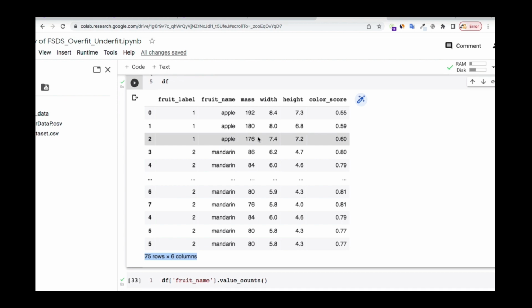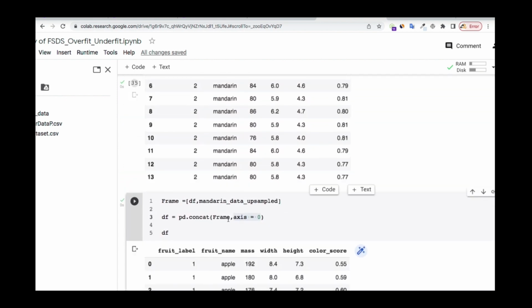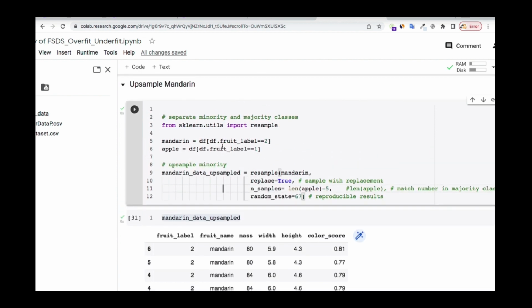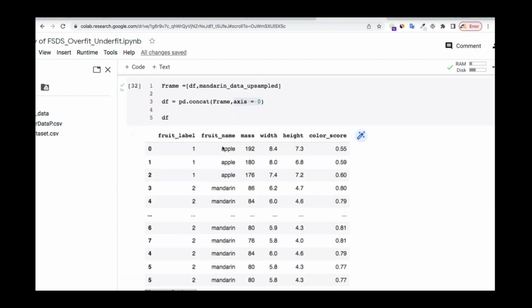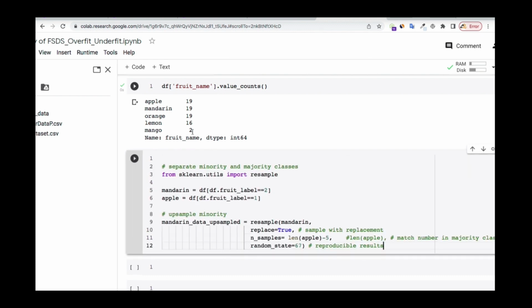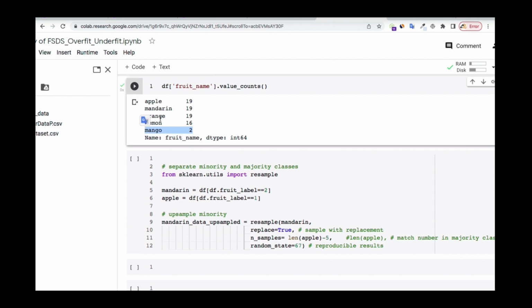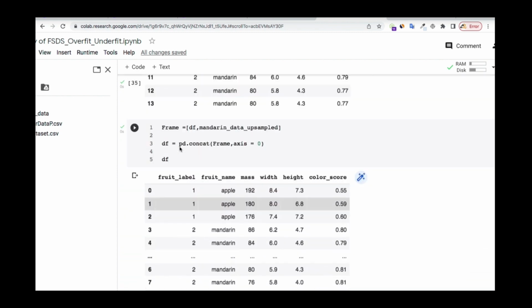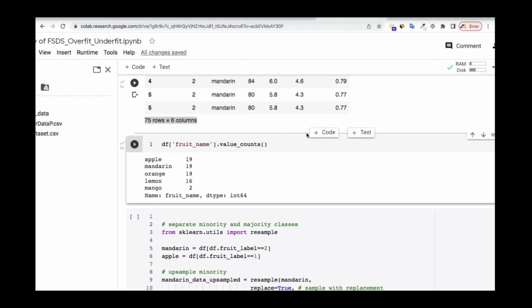Okay, so now I'm going to do the same thing. We've done it for mandarin, and I'm going to do the same thing for mango. So I'm going to copy the same code over here and just change some things in there. Because now you can see that mango is still 2, but mandarin we have been able to upsample to 19. Now mango is 5. So if you check the df,